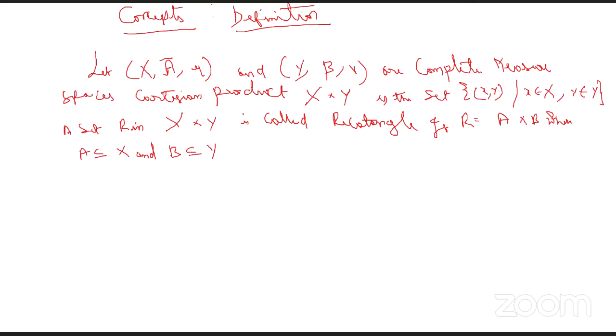A measurable rectangle in X cross Y. By a measurable rectangle in X cross Y, we mean